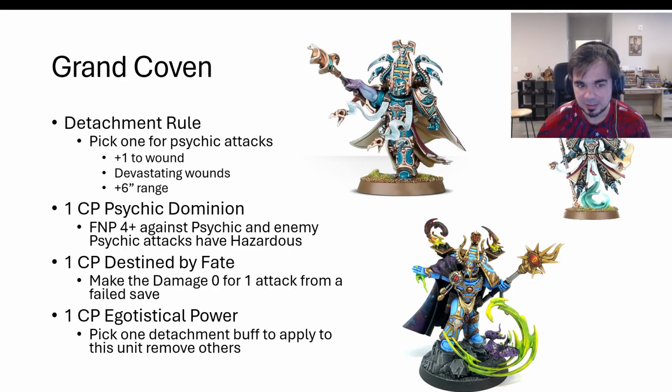And with the Gaze of Magnus and his strike profile already having devastating wounds, he doesn't necessarily need the devastating wounds. +6-inch range gives him 30-inch range in shooting, which can be quite far. Reach out and touch someone. Now for the stratagems that work with him. He has a 1 CP Psychic Dominion, which gives him a 4-up field of pain against psychic attacks, and enemy